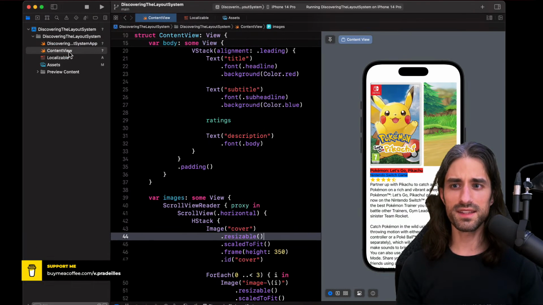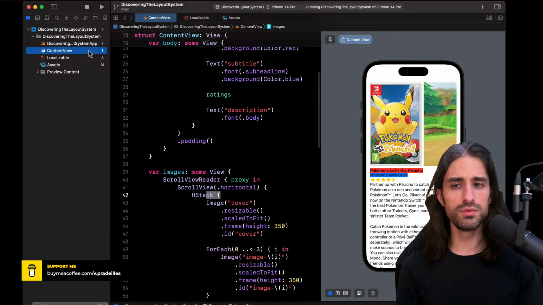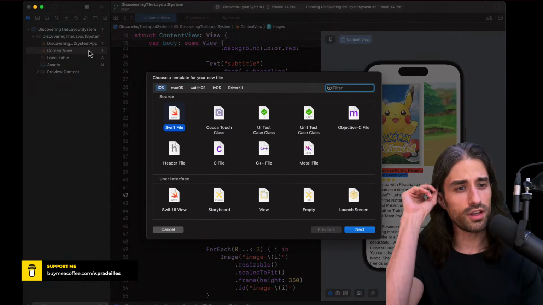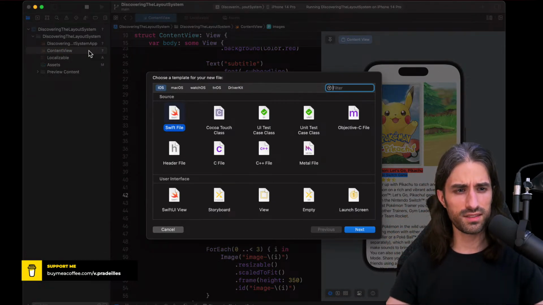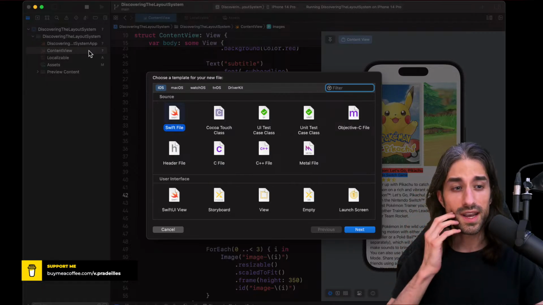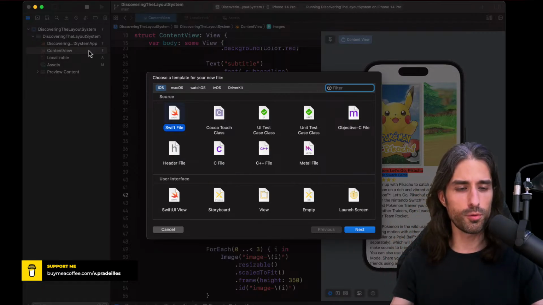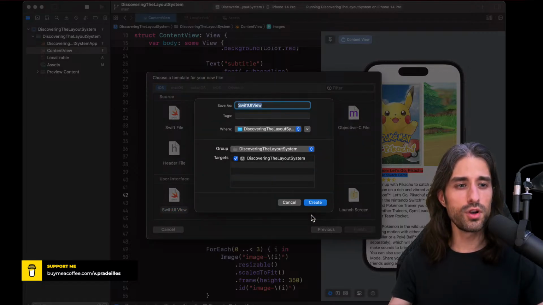So I'm going to create a new SwiftUI view because we will have a bit more room to do our custom or advanced alignment, and also because it's the first time actually I think in this training course that we create a new SwiftUI view, and I want to show you that when you create one, so you do Command N for a new file, but you don't do Swift file. I mean you could, but you can choose SwiftUI view, and it will create a SwiftUI view with some boilerplate code already available.